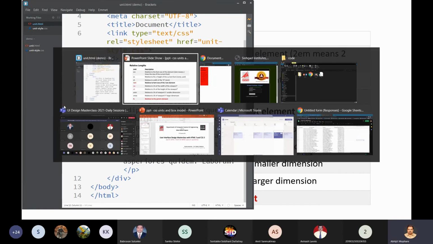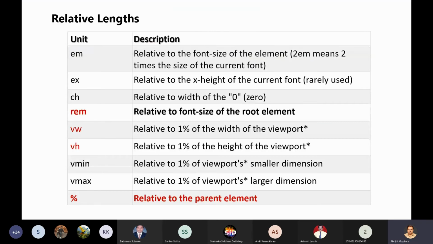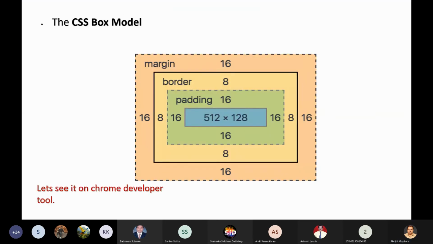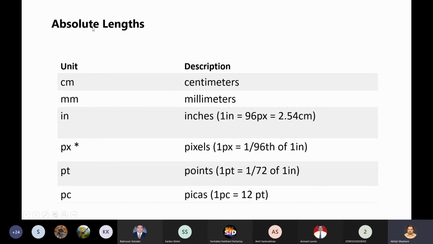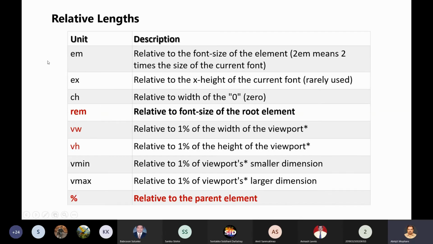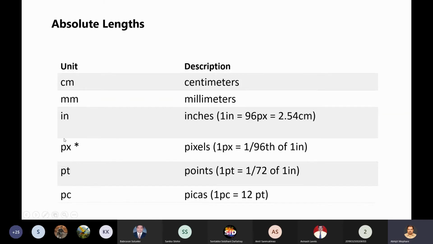So let us move to the next concept. So this is what is CSS unit for length. Okay. So these are the absolute length units. Out of that, pixel is the only one which normally we use, and basically for the font size only. Pixel is the unit which in modern web design should be used only for the font size, and for the border.